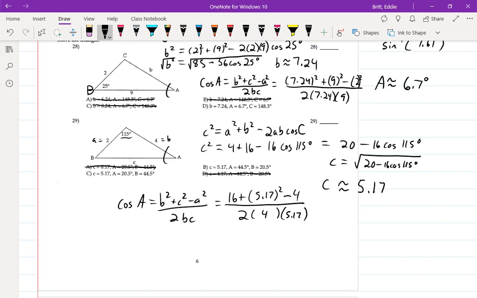So I'm going to do all that in my calculator and then do inverse cosine of whatever that is. So 16 plus 5.17 squared minus 4, divided by, and I'm going to put this in parentheses, 2 times 4 times 5.17. All right, and I get 0.9400218545. So I'm going to say inverse cosine of my last answer. And I got, if I round this to one place,